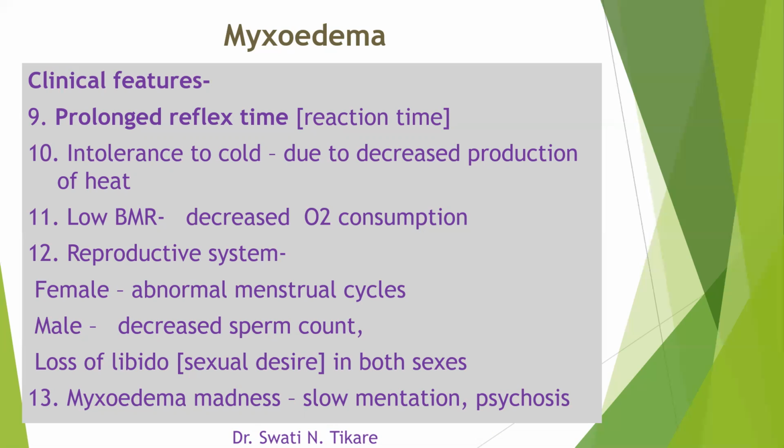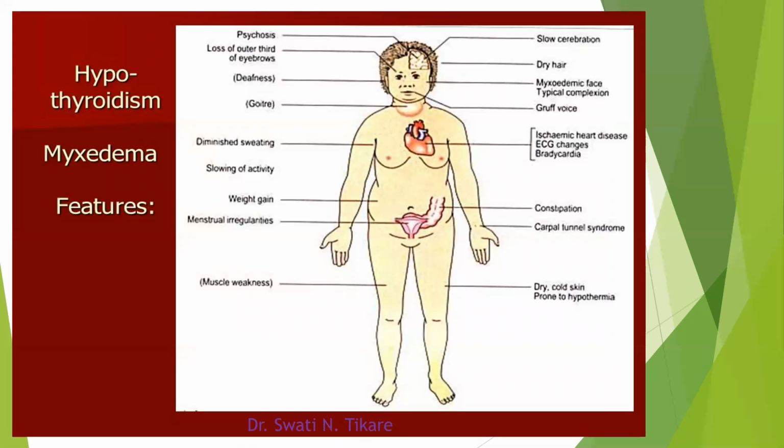So these are some of the features of myxedema. I know they are a long list. Let's try to remember with this diagram once again. These silly type of diagrams you should draw. Literally, you should draw and try to recall and remember these diagrams, like we drew one diagram for acromegaly, prognathism, and all that. The more diagrams there are, the easier it is to recall all the features. Beginning from head and toe, we will go very quickly because it's a repetition, the same thing in a different way.